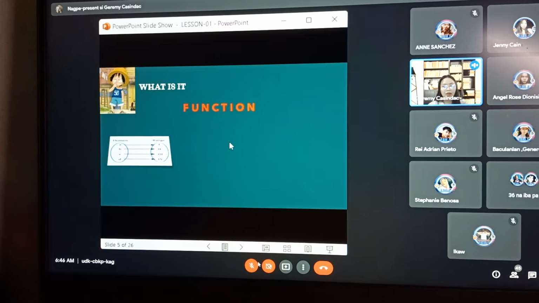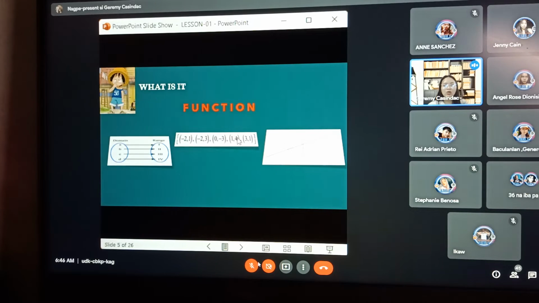We have here 1, 2, and 3. Those 3 are going to help you identify if the given set of ordered pairs is a function or not. The first one is the mapping. The second one is the graphing. And the third one is the